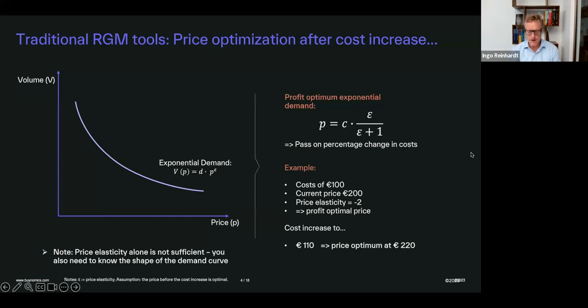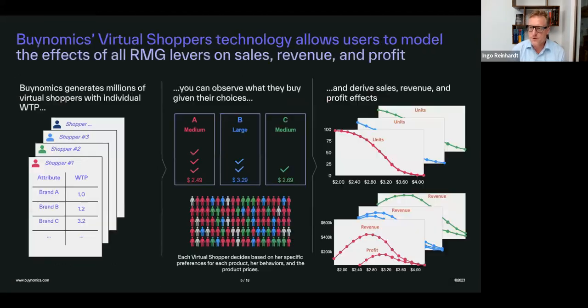I think they're okay-ish to make rough assessments, but more difficult to use when you are looking for a very detailed understanding of a situation, which makes sense, of course, when lots of money is at stake and you're looking for an optimal response, for example, to a cost change. And this is really where we like to come in at Buynomics with the method that we developed